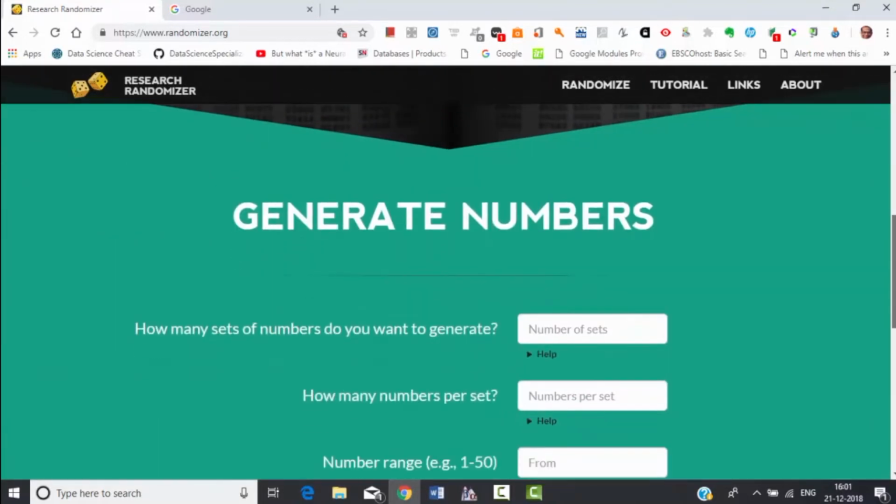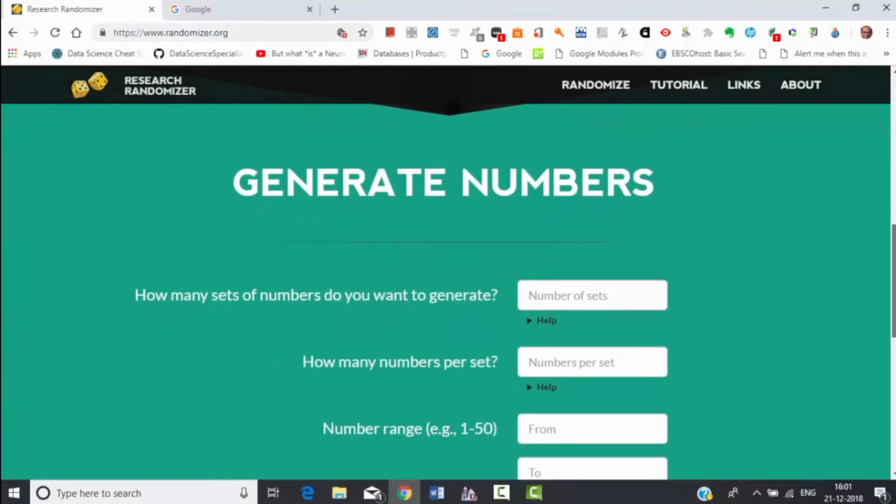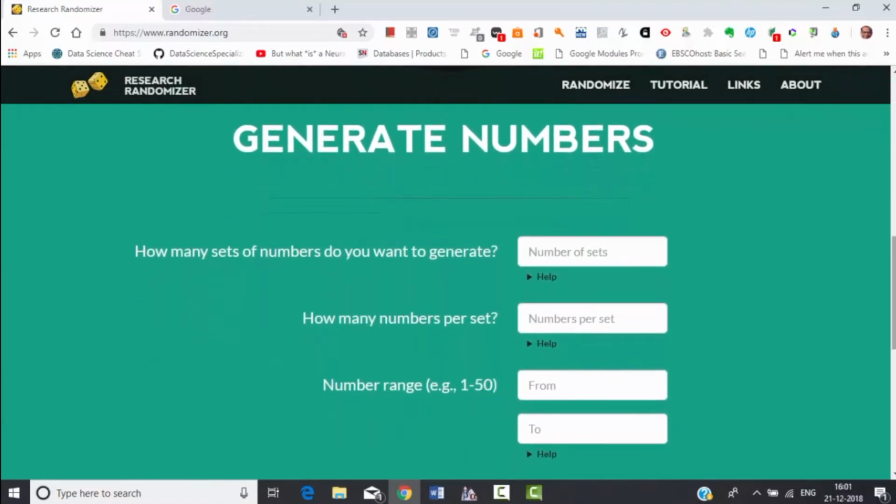Anyhow, for the sake of repetition, I will just explain to you how to generate numbers. Let us imagine that you have gone to an organization where there are 2,000 employees with similar characteristics.